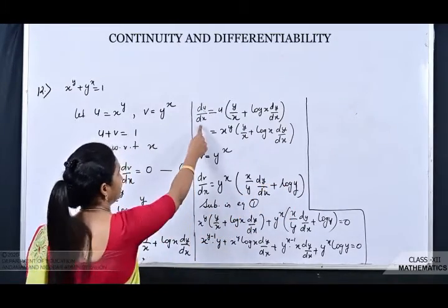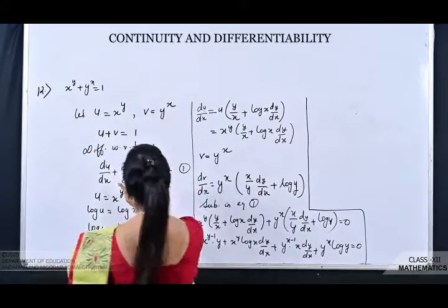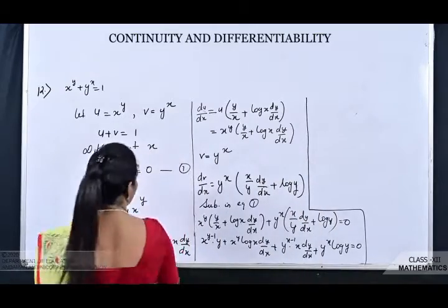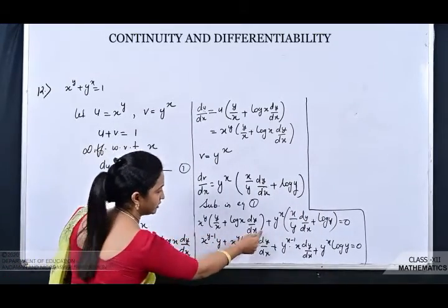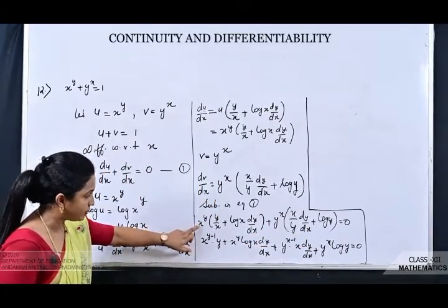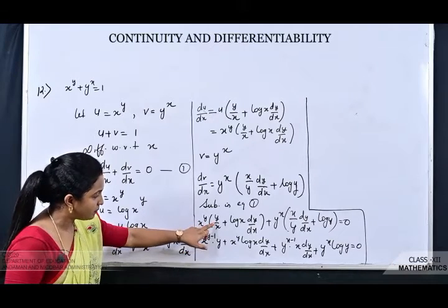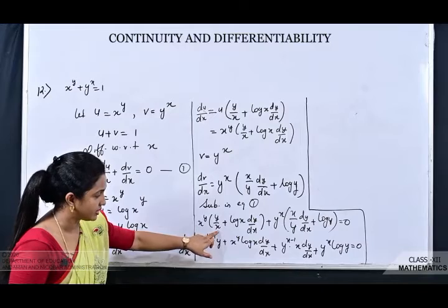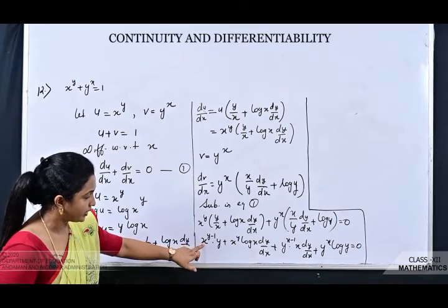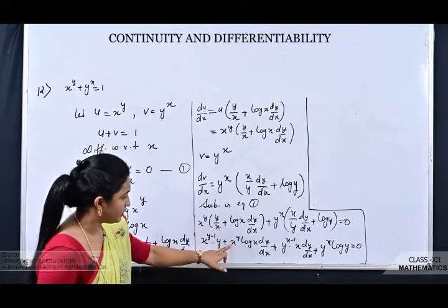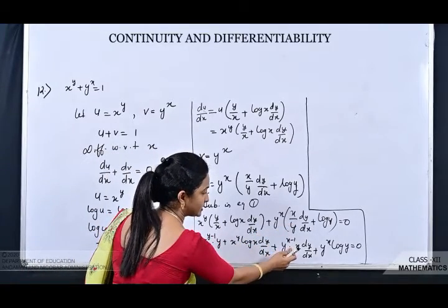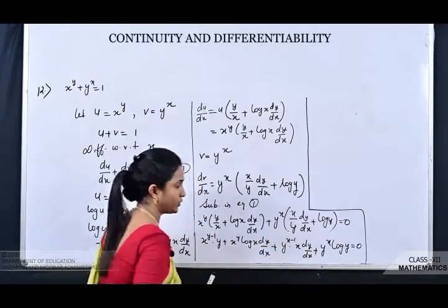Right? Now what you will do now? You will substitute the value of du by dx and dv by dx in equation number 1. In this equation you are going to substitute. Correct? So when you substitute the value, this is your du by dx full term, and this is your dv by dx is equal to 0. Here I am simplifying. I am multiplying x to the power y inside. So when you multiply, this is x to the power y and this is x. The base is same, so powers can be subtracted because it is in division form. So you are going to get x to the power y minus 1 into y plus x to the power y log x dy by dx. Here also the same thing. You have to multiply inside, simplify this, and you are going to get like this.